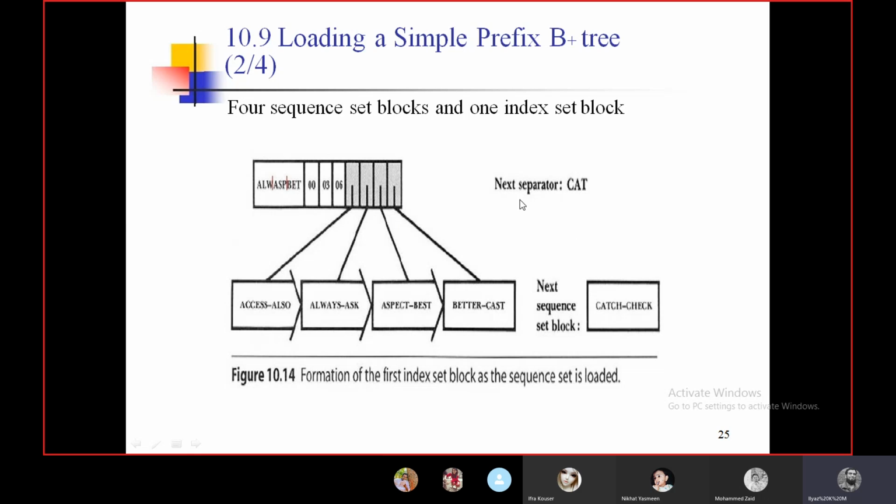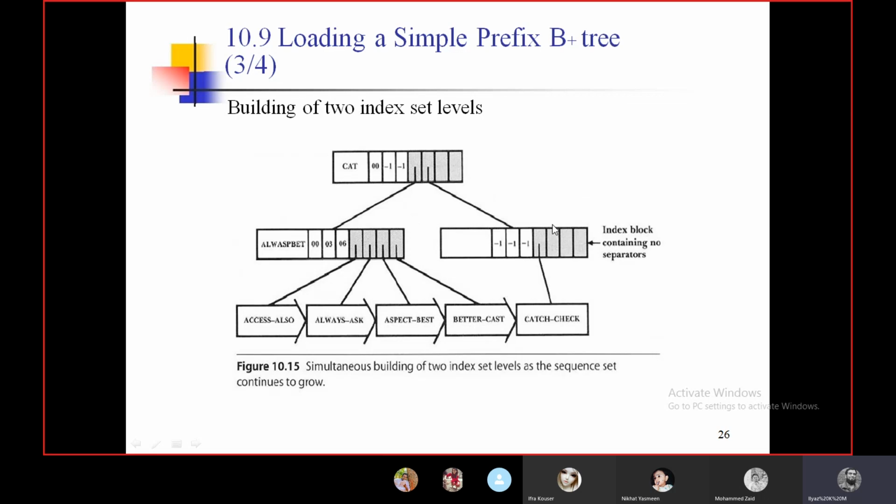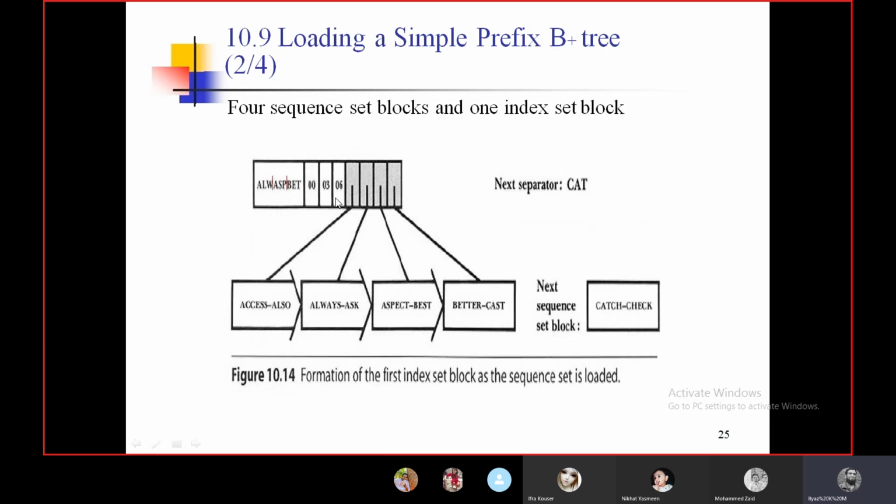Now let us say you want to add a next block in this list. Consider this is a block Catch and Check, and after calculating you will get a separator like Cat. After adding, you will get the B plus tree like this. Here you can't merge this Cat in this box, because this box is already overflowing.